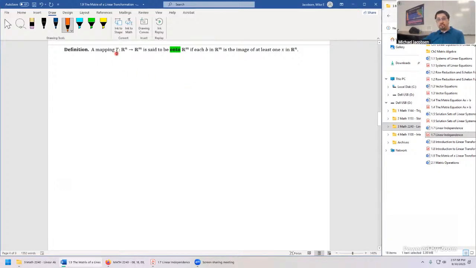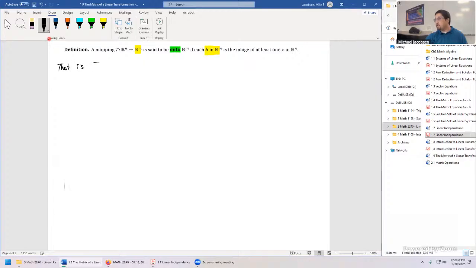So we're taking a transformation going from Rn into Rm. The transformation T is said to be onto Rm, in other words, if for each B in Rm, so we're talking about the codomain, it is the image of at least one X in Rn, where Rn is the domain. So that's a pretty decent way to say it. I think I typed this out of the book pretty much verbatim. You can say this slightly differently. An alternate version would be,